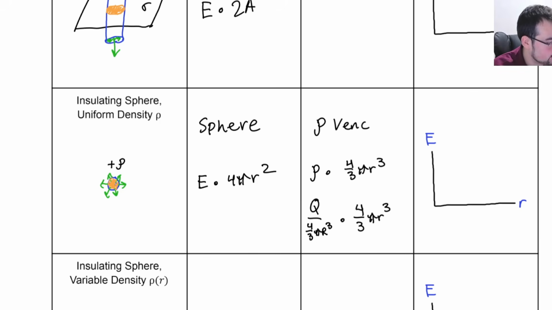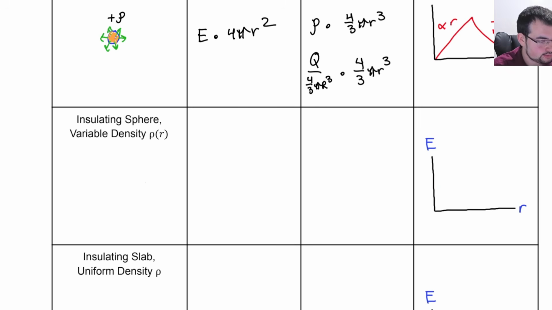So as a result, we actually get a linear E field inside until you reach the surface, and then it's just shell theorem, kQ over r squared. Now the only difference if there's variable density